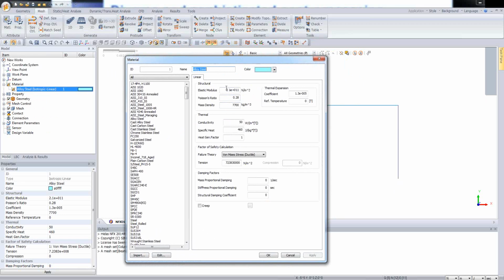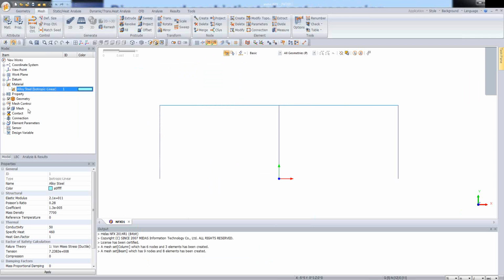So everything what we need, what we have to provide for the linear static analysis is the elastic modulus and Poisson's ratio. So I have this data because I'm using the data from the database. So at this moment actually everything has been provided. So I'm clicking on OK. And what we have to define is the property, which at this moment is under undefined branch. So let's define the property, which means let's provide information about the cross section and shape